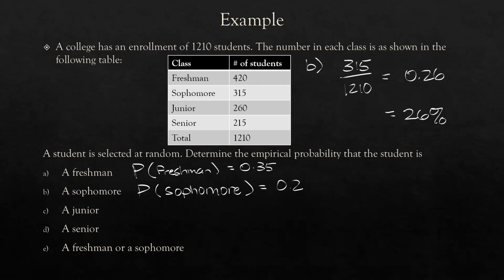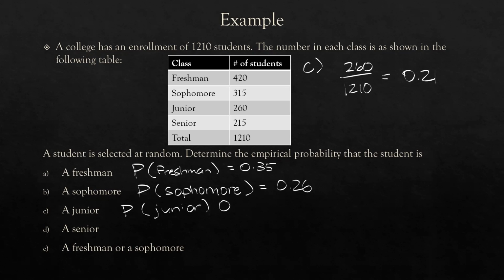equals 0.26. For junior, there's 260 of them, so we're dividing 260 by 1,210. And that's going to give us 0.21. So that's the probability that the student is a junior. And same thing for senior. There's 215 of them, so we're going to divide 215 by 1,210. And this one gives me a 0.18,